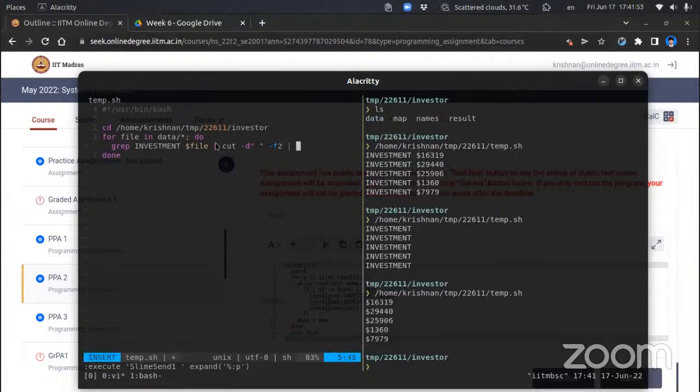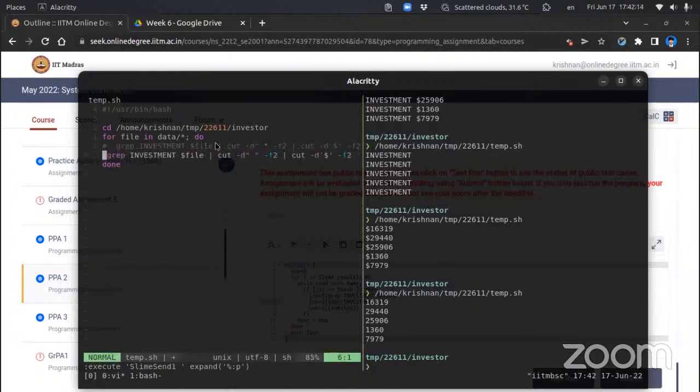Okay, now I have to remove the dollar as well. So now I can use the delimiter as a dollar. I'm using a single quote, so I don't need to escape it. And get the second field. So this is how I got the number. So another way is,